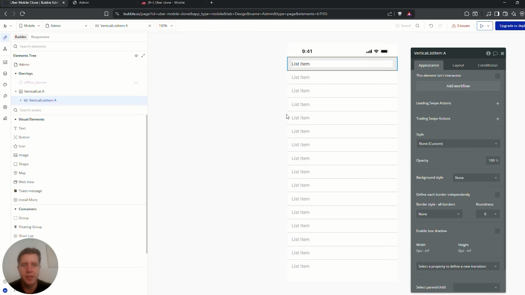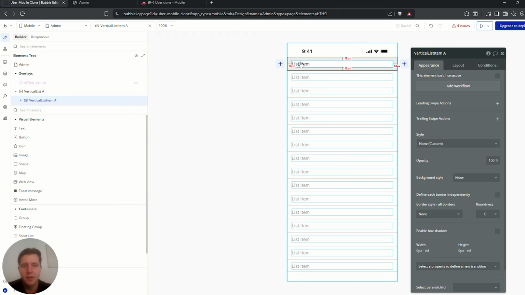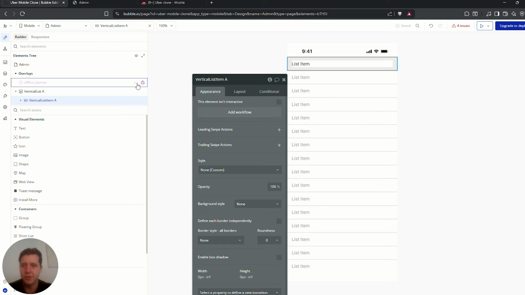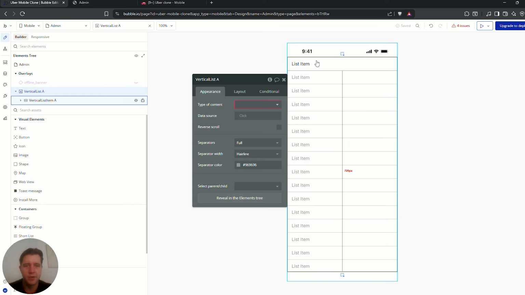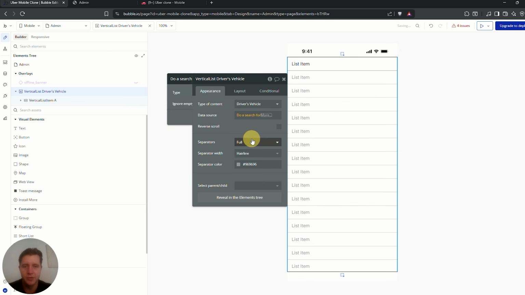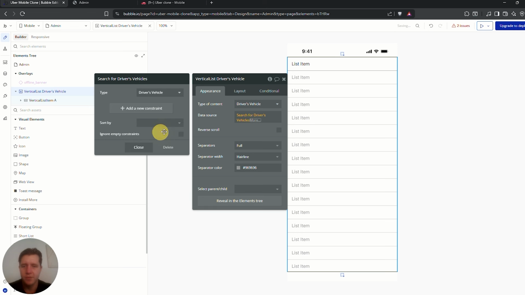So now in this page, we are actually going to reference the driver and the vehicle type, or the driver vehicle type. And then this will show the users that have submitted requests to be approved. And then from here, the admin will be able to use some mobile settings to either swipe to approve or swipe to deny. Okay, so the first thing we're going to do is go over to our vertical list, and we are going to use the driver vehicles data type. Here we can say do a search for driver's vehicle,